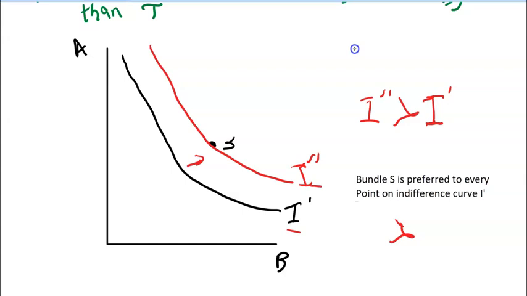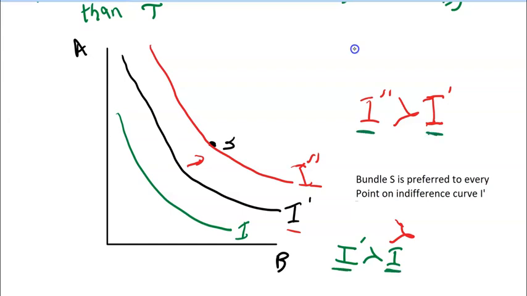If I go downwards, let's say here, then I can say that I prime is definitely preferred to I, and so forth. And so if I prime is preferred to I and I double prime is preferred to I prime, then I can also say by the law of transitivity that I double prime is preferred to I. Since we have to follow transitivity here,